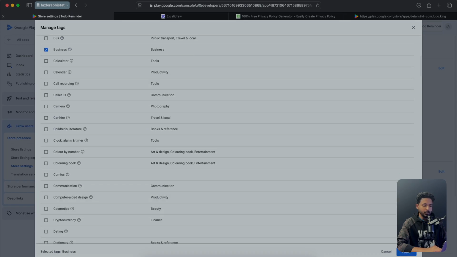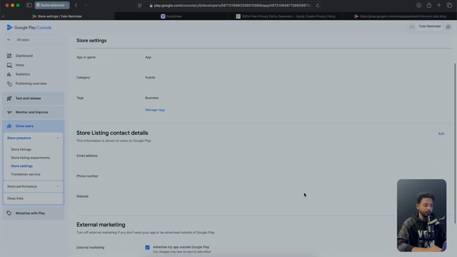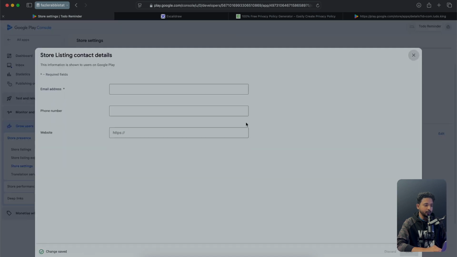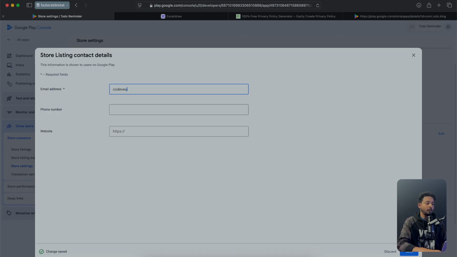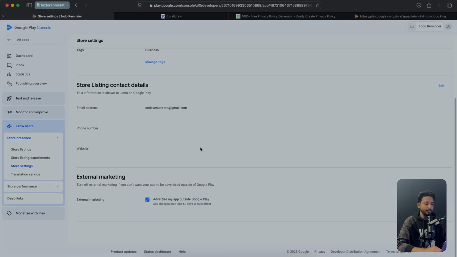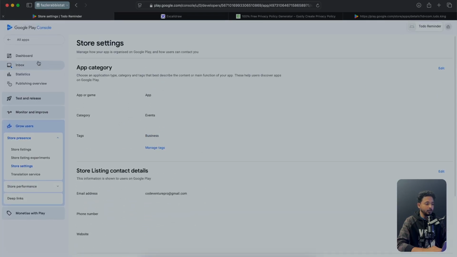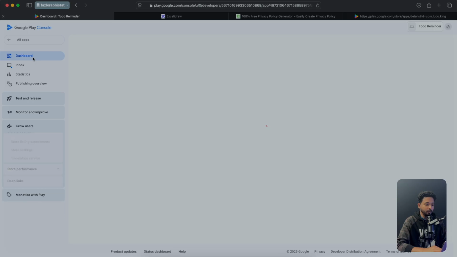I'm just putting any category and just putting the store listing contact and saving it. Only email address is compulsory required field, but there are no required field like phone number and website. It's done. Okay, there is done. Let's click on dashboard,